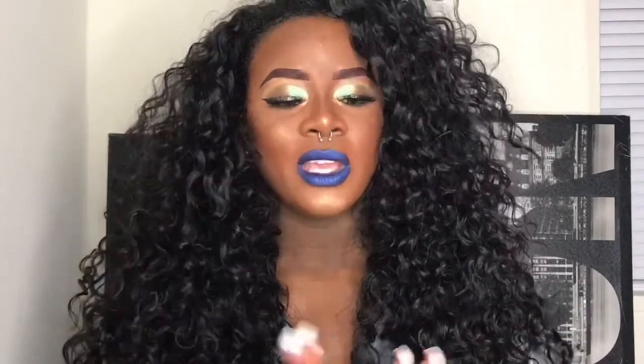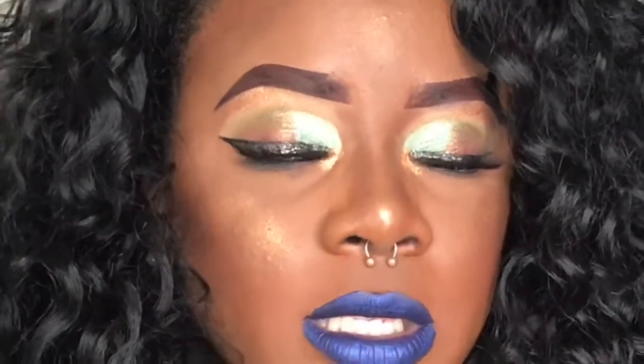Me, I'm extra, so if you're not extra, then you probably wouldn't like what I'm doing now. But this is as simple as I can go with this one. But you don't have to do the same lip color. I just chose blue because my favorite color is blue, and everybody knows I love blue. You can do more of a nudish color, but with my eyes, I gave a really simple look today. Simple enough for beginners to know and learn, and simple enough for these females who need a look to do for a date. If you guys want to know how I got this special fantastic look, by the way,